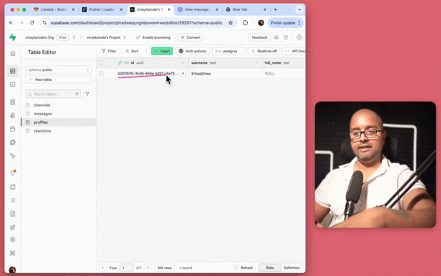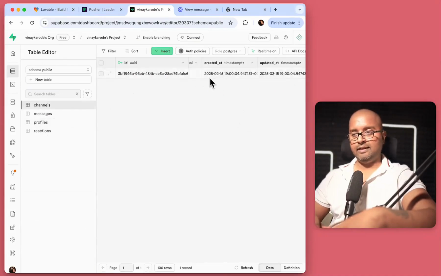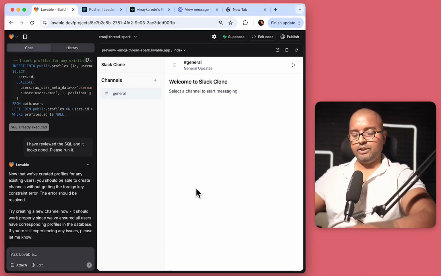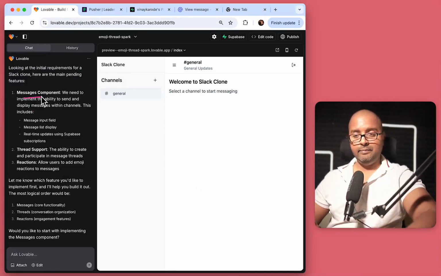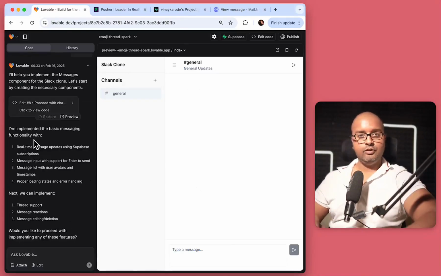So this ID was exactly the same as the creator ID with the channels, and we have a few more fields like created date and updated date. So I'll just come back in here and say what else is pending. It has identified that the messaging component and the thread support is pending. It's asking, would you like to start with implementing the messages component? I'll say proceed. So here it has come back saying it has implemented the basic messaging functionality, and I do